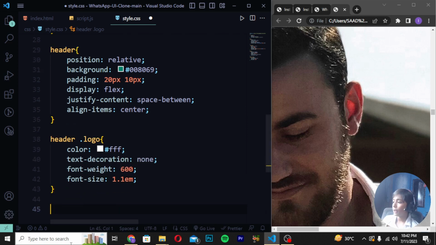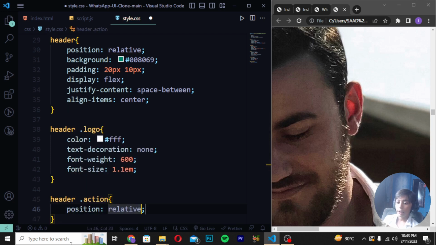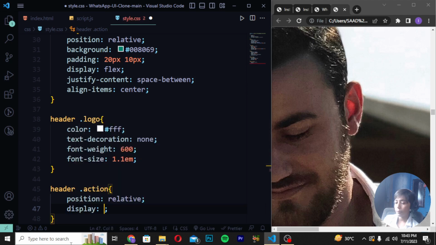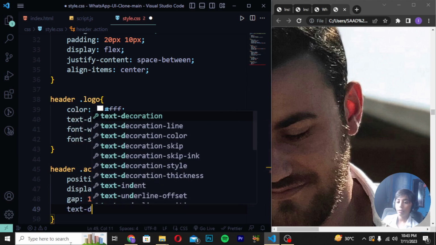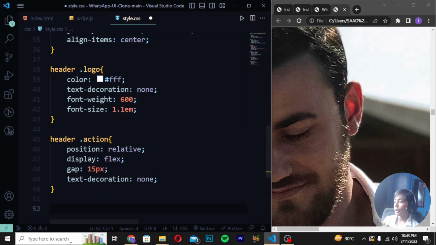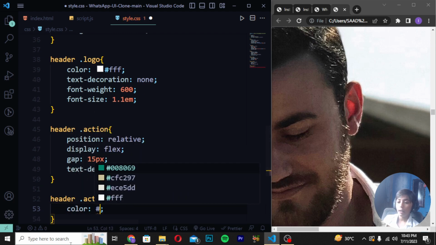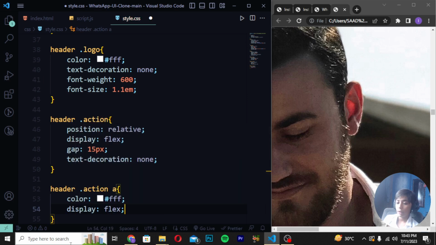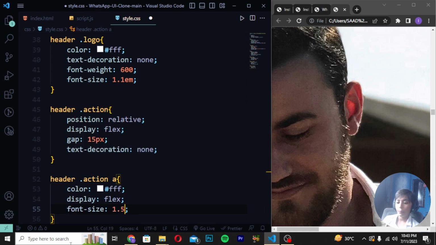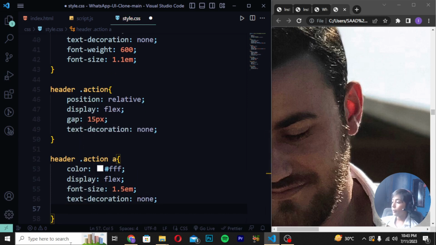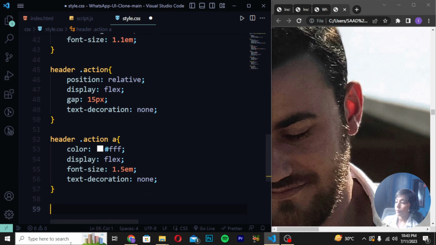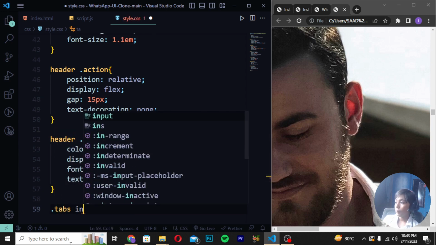And now here we can tell him what is done, and now here we can write header dot action, and position should be relative, and display should be flex, gap should be 15 pixels, text decoration should be none. And now header dot action should be a, and here I will give color should be hashtag FFF, display should be flex, font size 1.5 em, text decoration should be none, and dot text should be input,